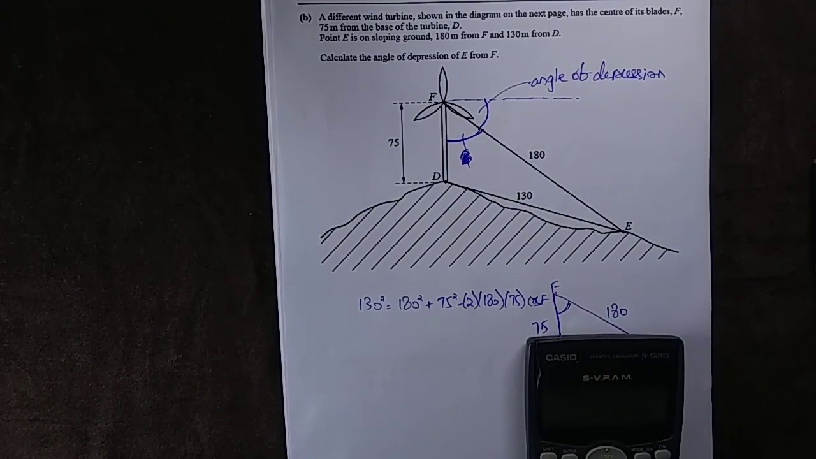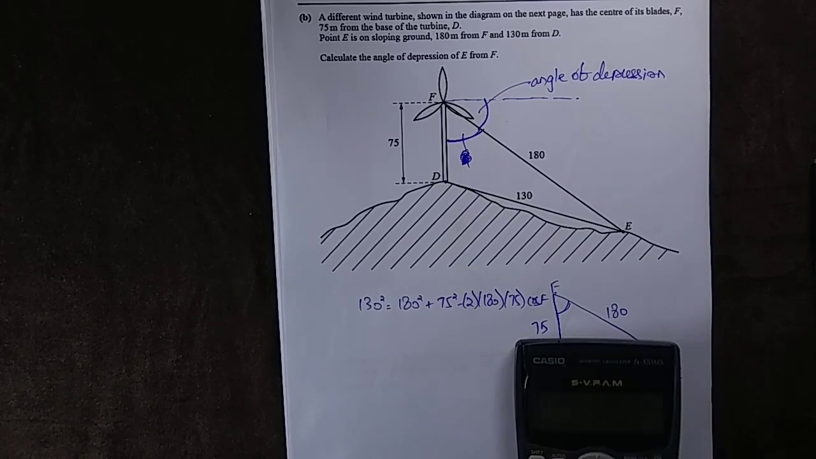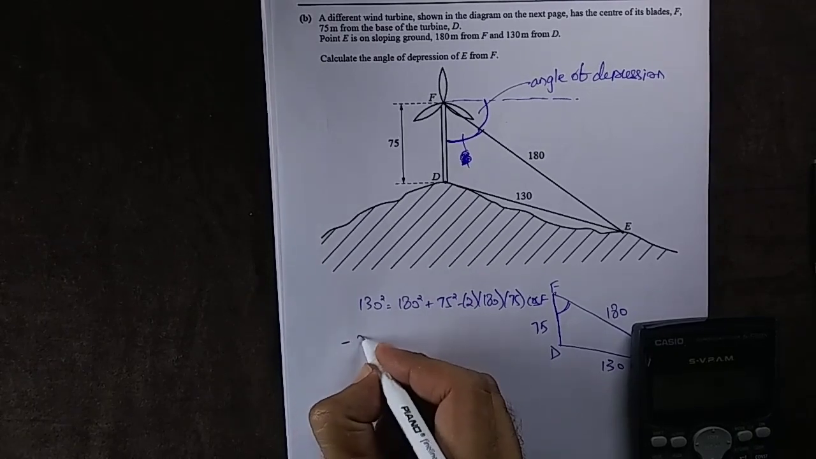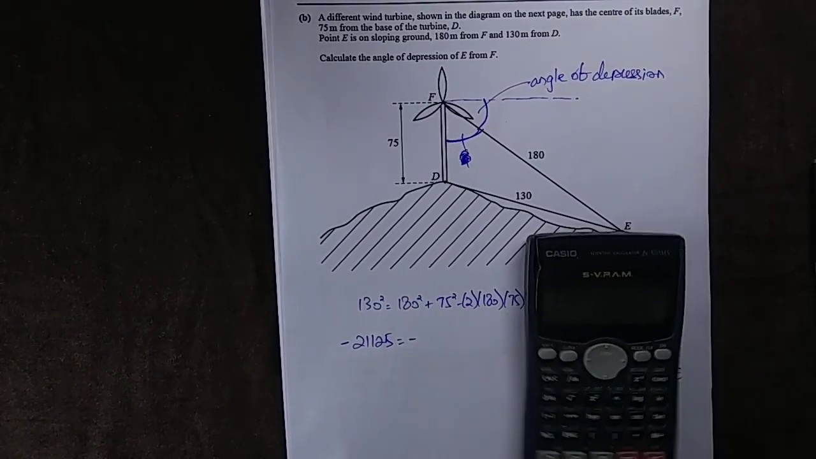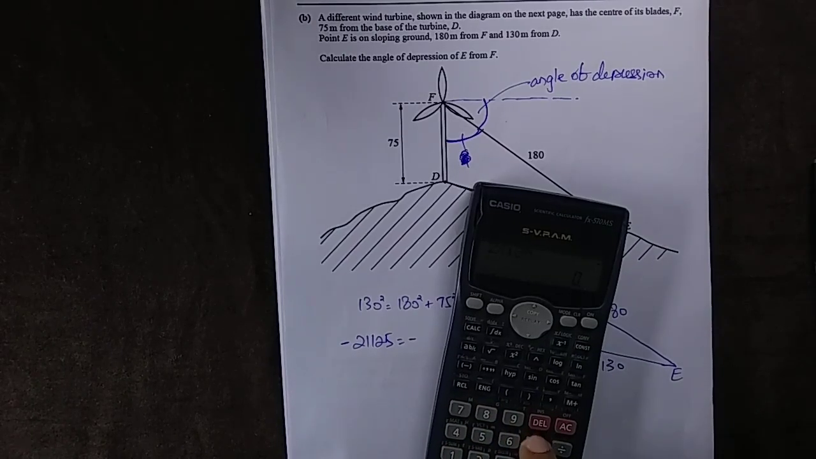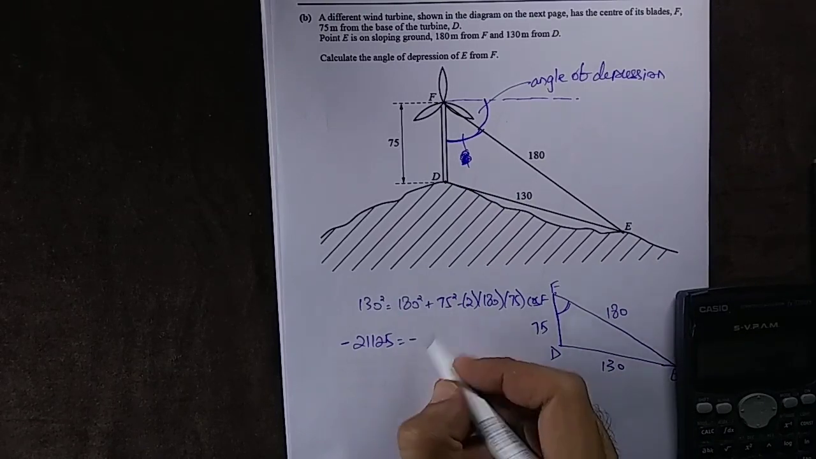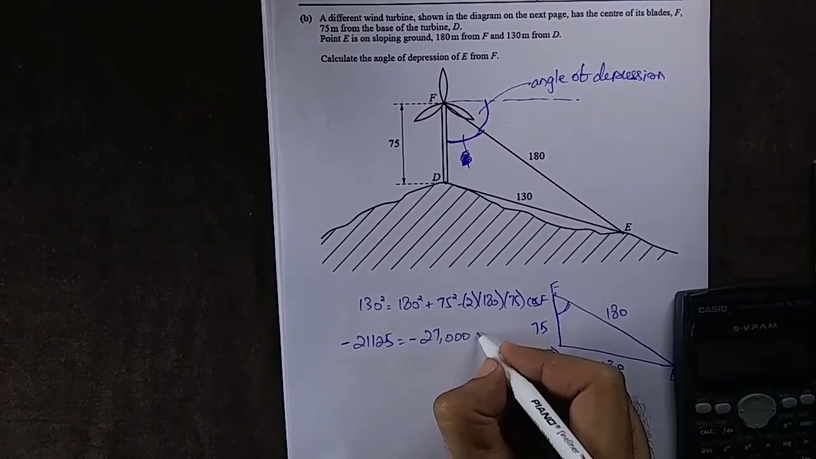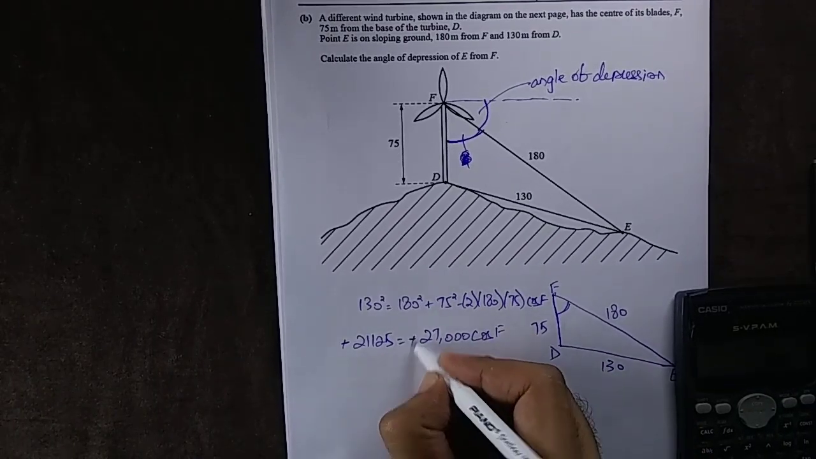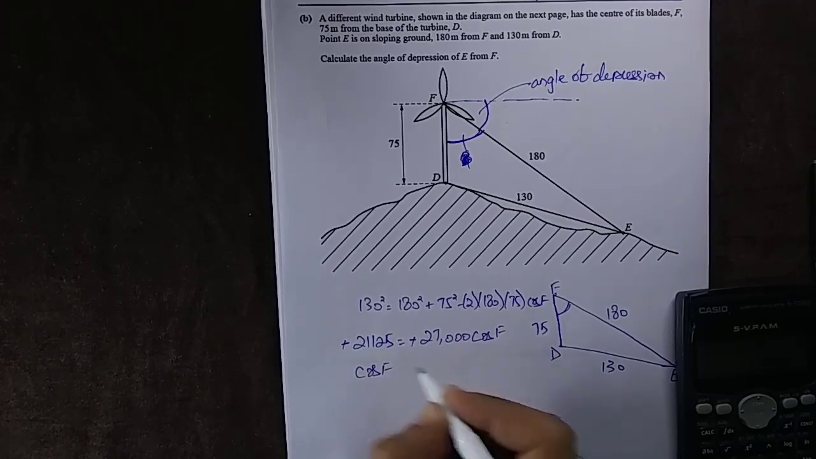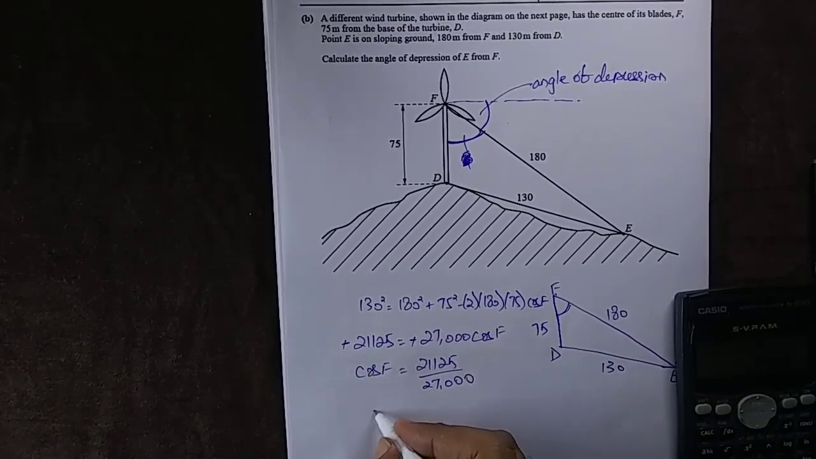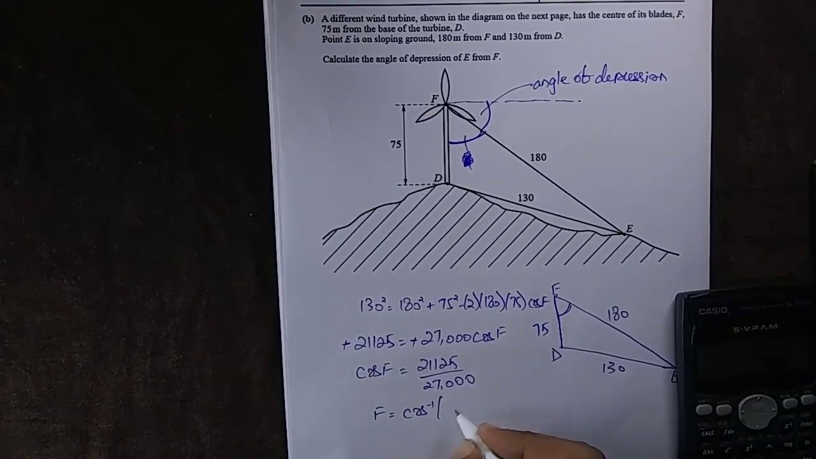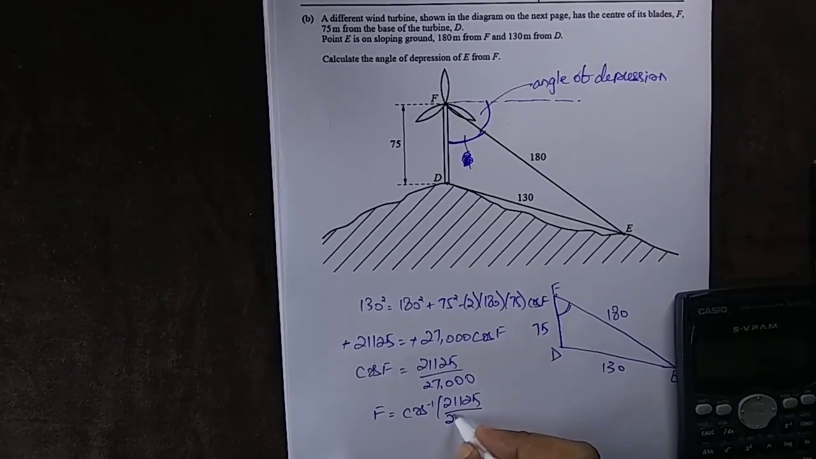130 squared minus 180 squared minus 75 squared, giving the value as minus 21125, equals minus of 2 into 180 into 75, which results in 27,000 cos F. Negative signs would be cancelling each other, and cos F would simply be equal to 21125 upon 27,000, and F would be equal to cos inverse of 21125 upon 27,000,